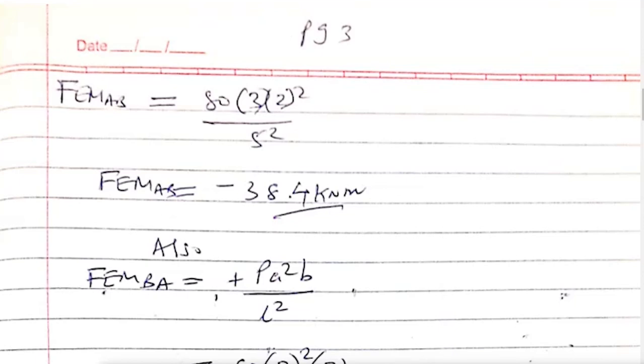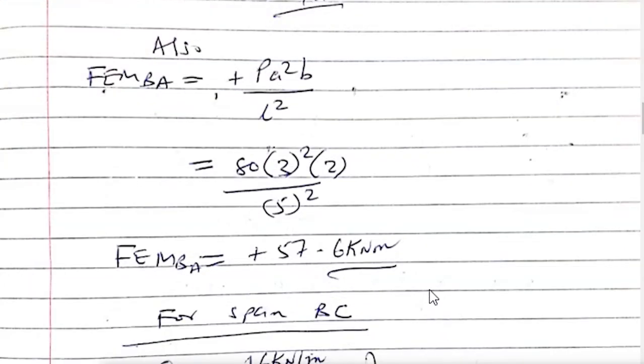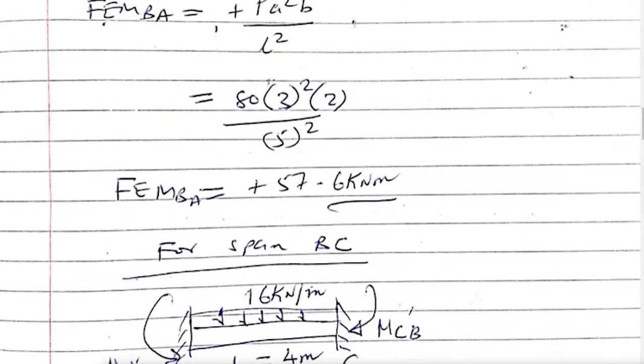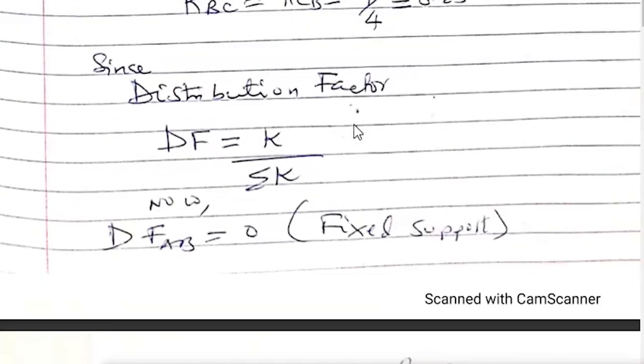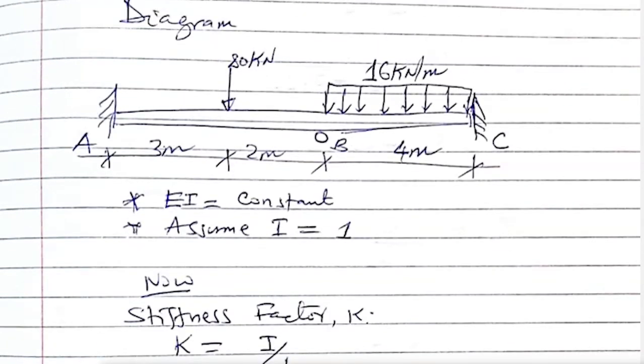Now upon substitution, once you substitute the value there, it will be the same value, but a positive one, which is about a positive 57.6 kilonewton per meter. And now this one will be the consideration for the member, as we say, the fixed one. Once you fix the member,